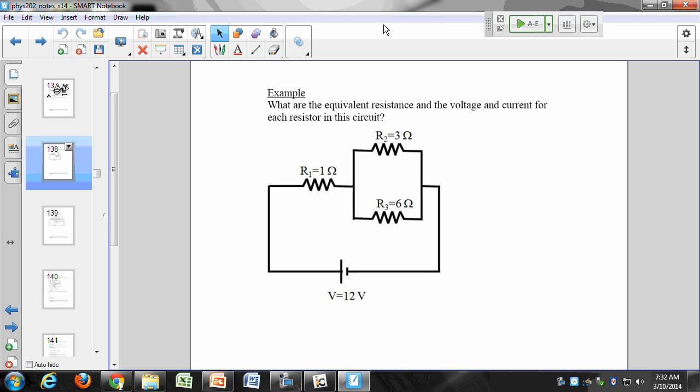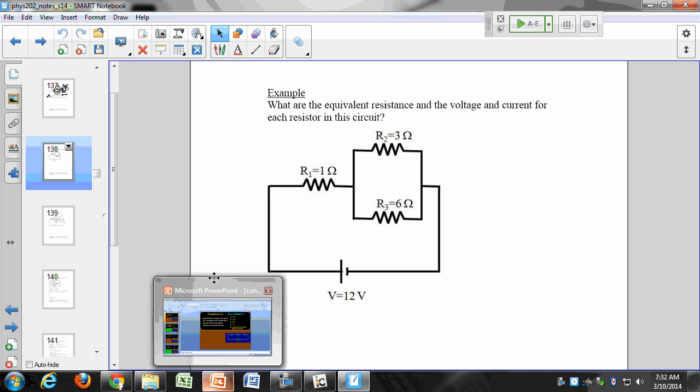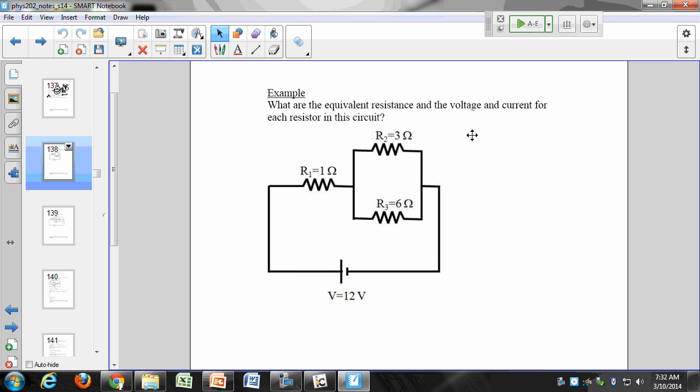All right, but this one, most of you, if you're in lab, you've probably already done this circuit. It's pretty straightforward, and it's fairly simple. Probably more simple than what you would see in the exam, but we'll do some more complicated ones. So I have these three resistors. One is in series with resistors 2 and 3. And first thing I want to do is just find the